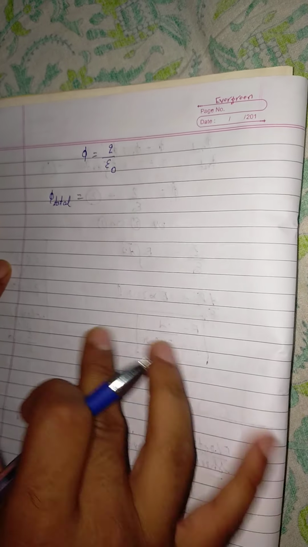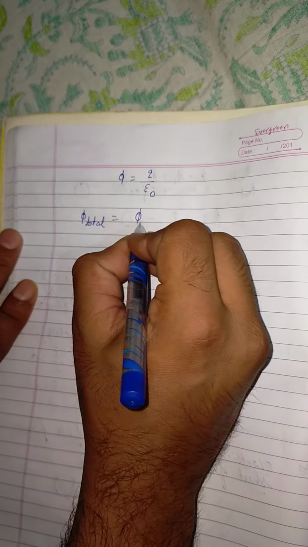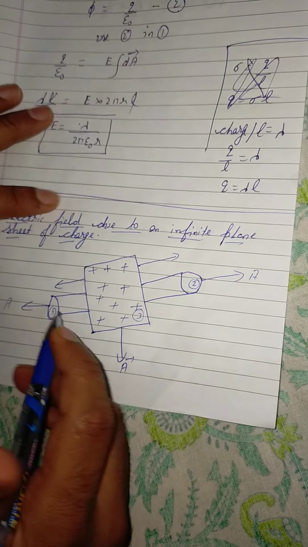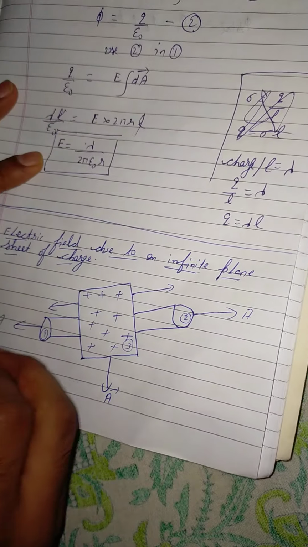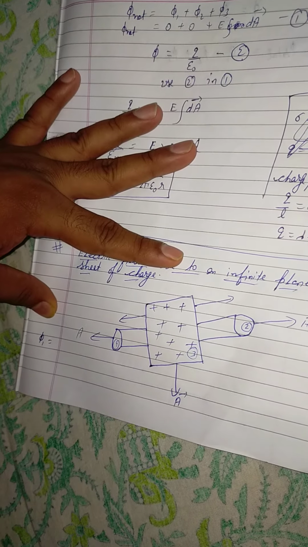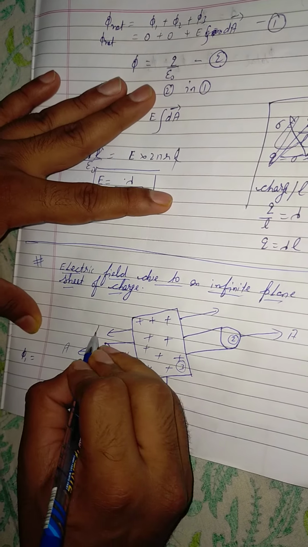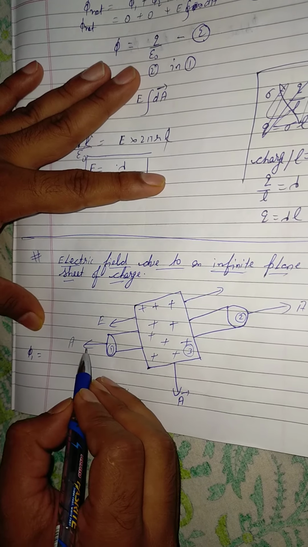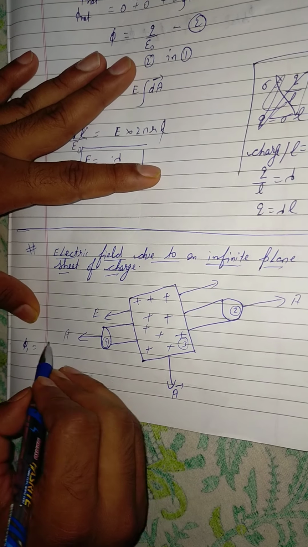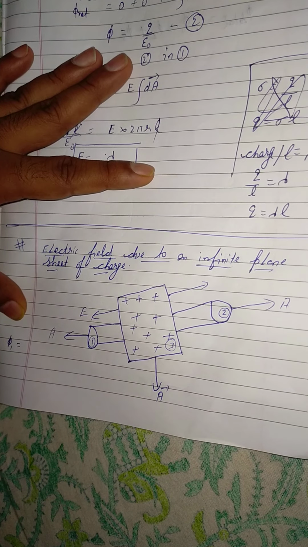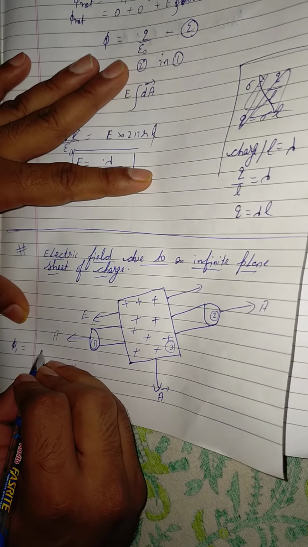and we want to calculate the total electric flux. So the total electric flux will be equal to the electric flux of the first surface plus the electric flux of the second surface plus the electric flux of the third surface. Now clearly you will see from here, we will consider the first surface electric flux. For the first surface, the electric field lines are from right to left, and the area vector is also along the outside direction. So the angle between electric field and area vector is 0.